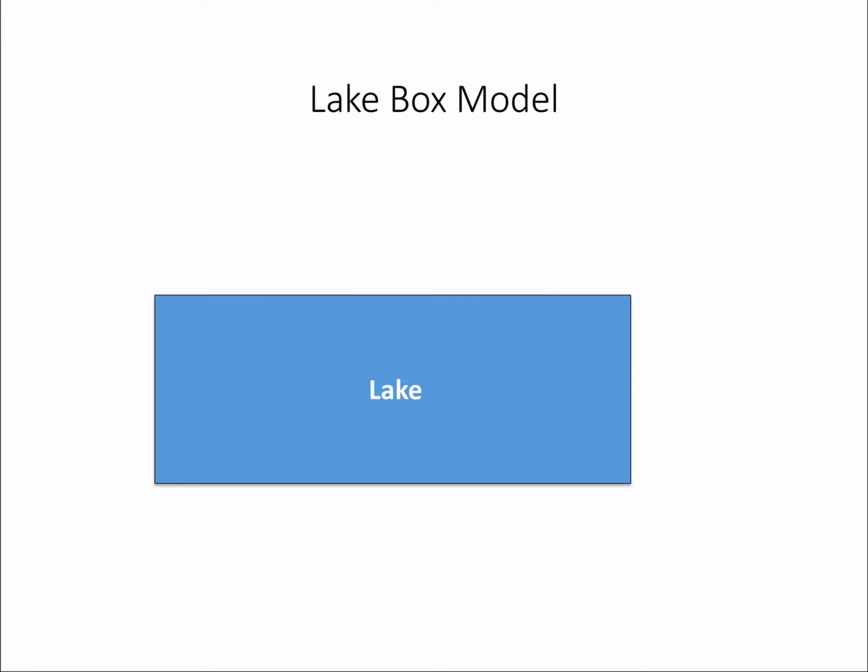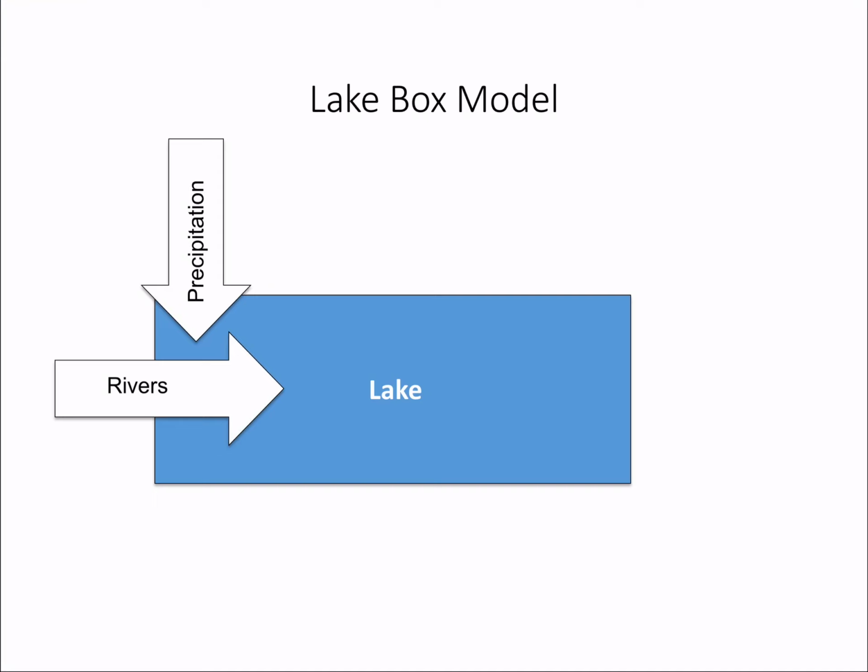Think about what could bring water into a lake. Take a second, think about it. Maybe you thought of precipitation, so it could rain. You could get water going into the lake through rain. You could also have rivers entering the lake, bringing water into the lake. Or we could have groundwater actually discharging into the lake that we can't necessarily see.